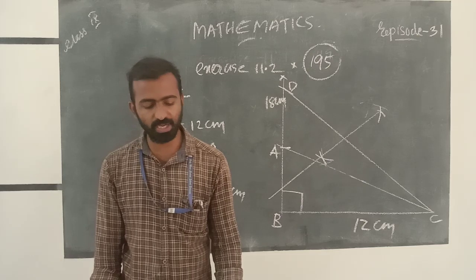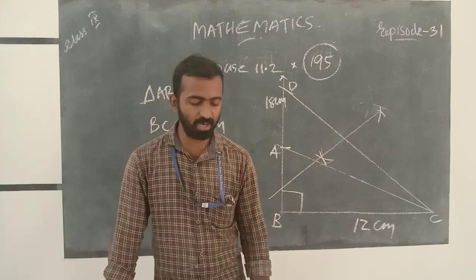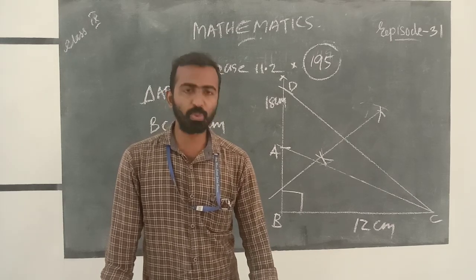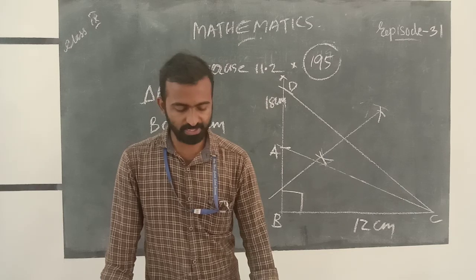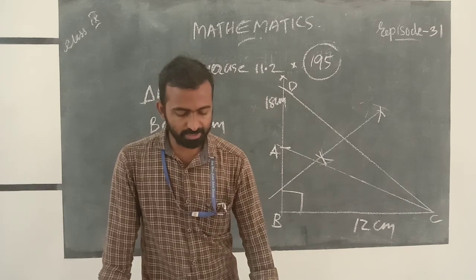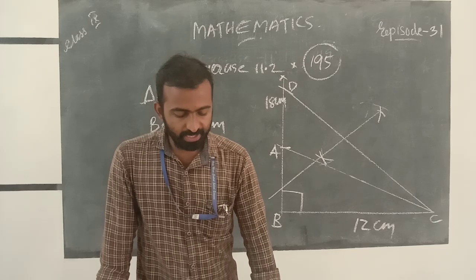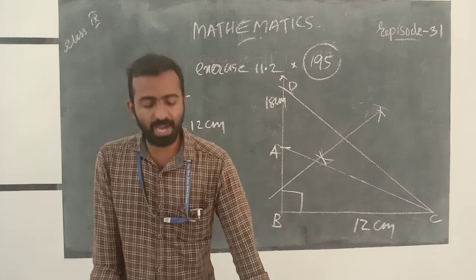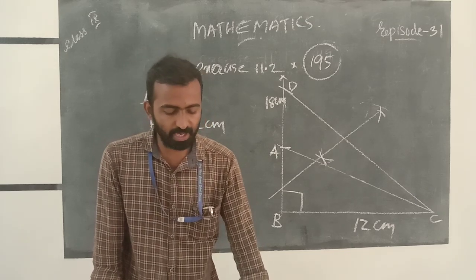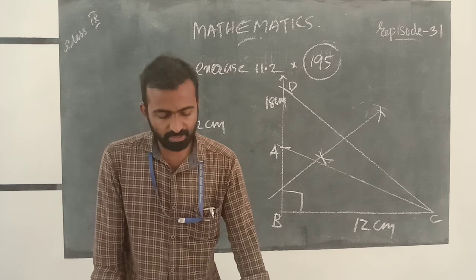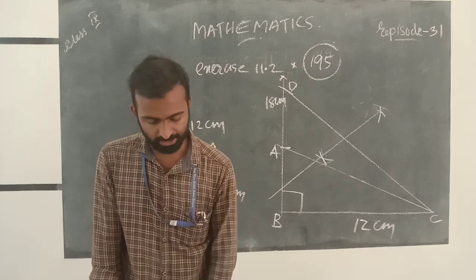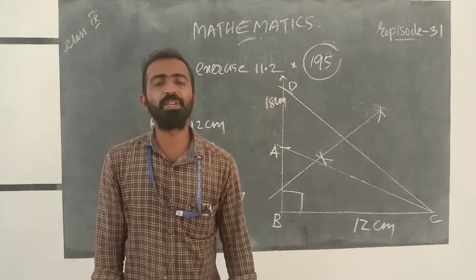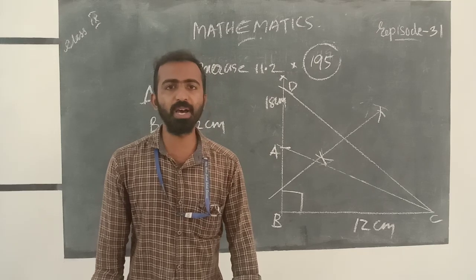And next we studied how to draw the triangle given its base and sum of two other sides. And next we studied to construct the triangles given its base, base angle and the difference of the other two sides. And next we studied constructing a triangle given its perimeter and its two base angles. These we discussed in this chapter.